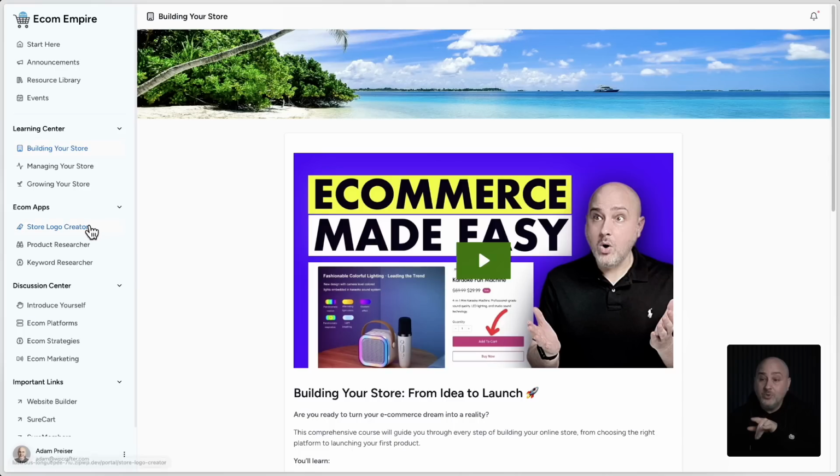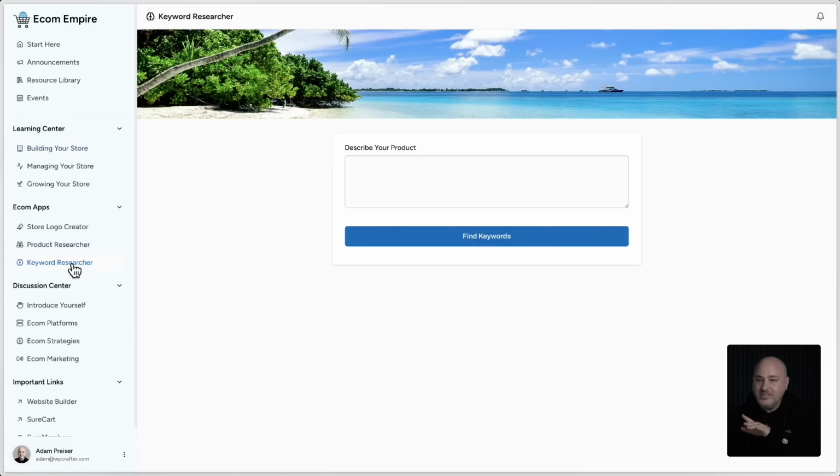Now I also did something really cool here. And this just goes to show that you could put anything inside of your SureDash. It's not locked. It's not proprietary. It's open. It's WordPress, very close to WordPress. So I made these e-commerce apps. It's so cool. So here I just clicked on the keyword researcher, and this is working with a plugin that